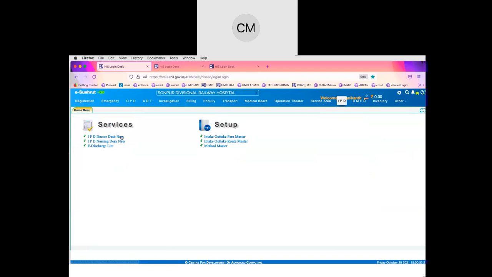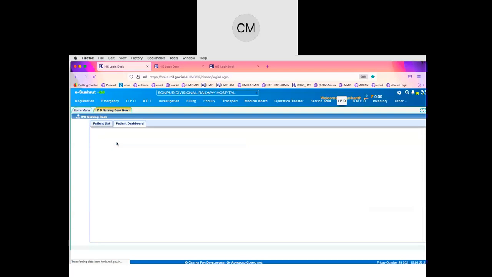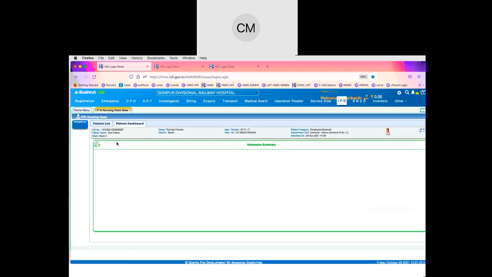So now let us go to that step. We will go to the IPD process. In the IPD process, we have to click on the nursing desk because this process will be done by the nurse. Normally it will have a default listing by admitted status. We have to choose non-acceptance because that patient has not been accepted as yet. Only the confirmation has happened at the ward level. Now at the bed level, this confirmation has to be done in the ward. So this patient gets listed here.